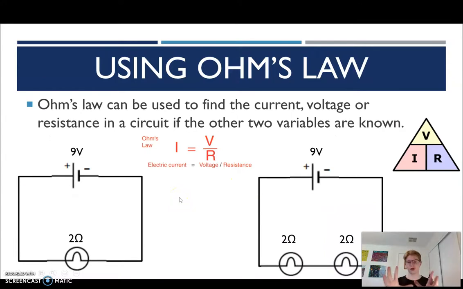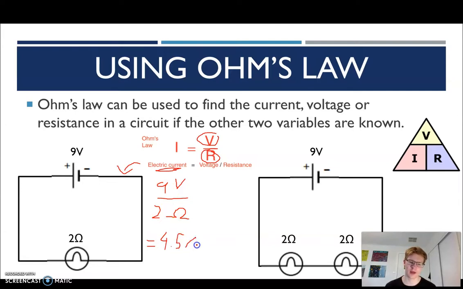Here let's do an example equation. We have a circuit here with a voltage of 9 volts and a resistance of 2 ohms from this little light bulb here. So the question is, what is the current going around in this circuit? We want to find out the current of this circuit. So we take the voltage and we divide it by the resistance. So we go 9 volts divided by, what's the resistance in this circuit? 2 ohms. That's the symbol for ohms. And that gives us 9 divided by 2,